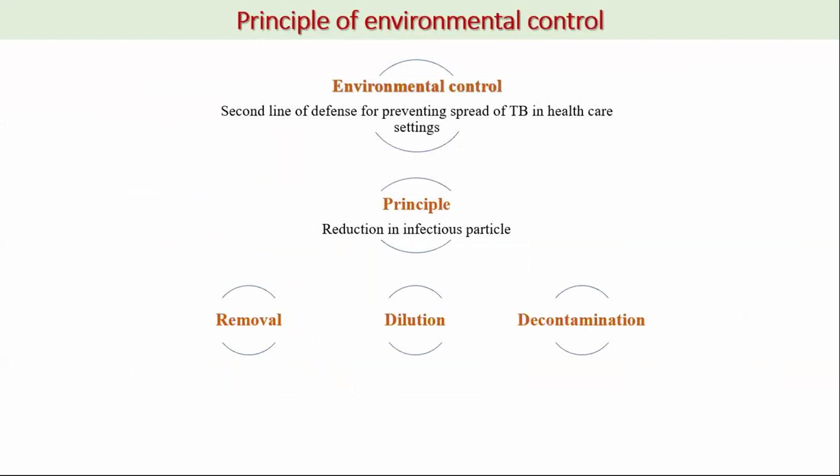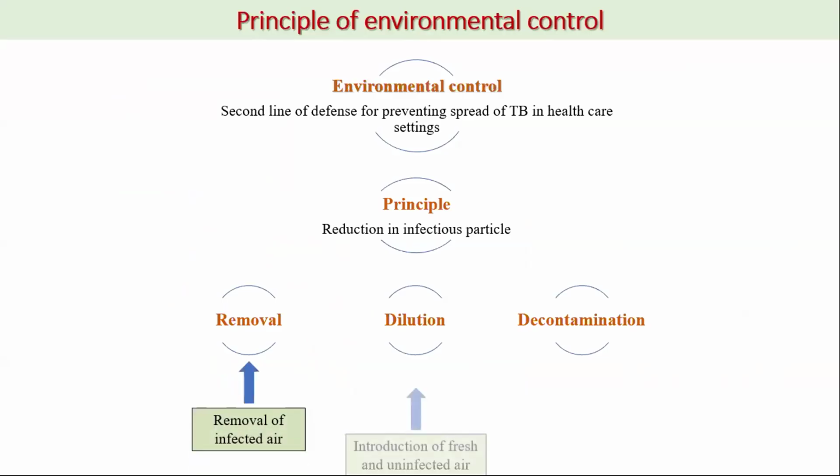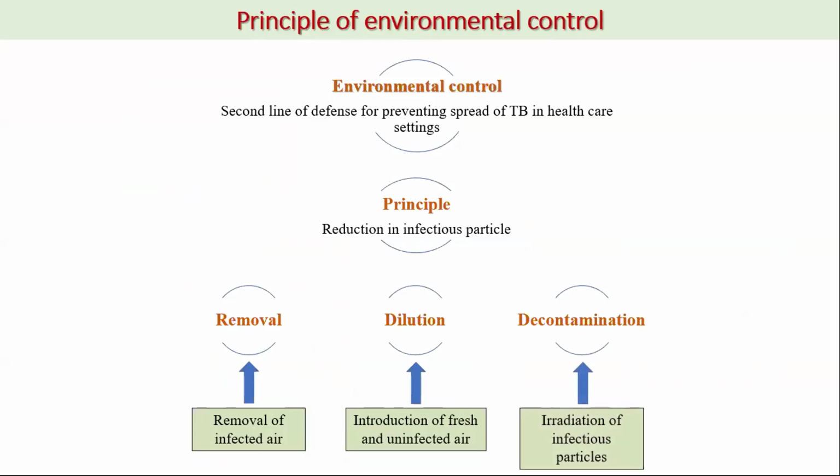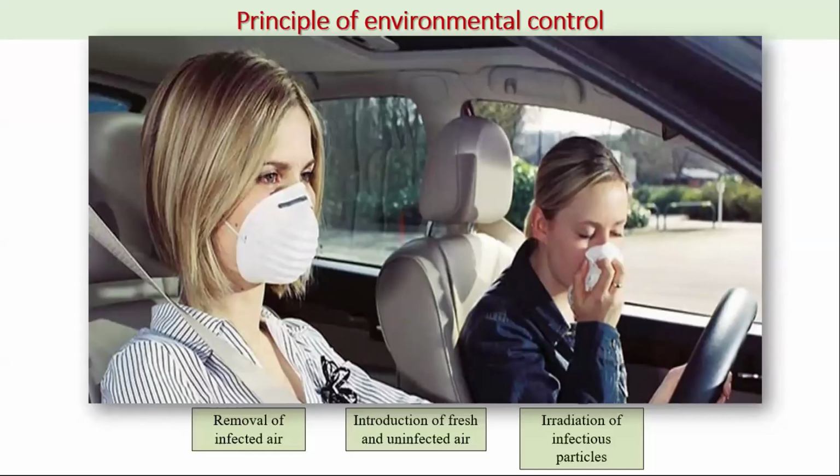सो जब हम इन्वायरमेंटल कंट्रोल में देखेंगे तो 3 प्रिंसिपल से हम इनको इंप्लीमेंट कर सकते हैं। So it works by 3 principles. द नंबर 1 इज रिमूवल। रिमूवल में हम क्या करते हैं कि इन्फेक्टेड एयर जो है, जो दूषित एयर है अंदर का, उसे हम बाहर फेंकते हैं। डाइल्यूशन मतलब जो फ्रेश एयर है बाहर से, उसे हम अंदर लाते हैं। और डिकंटामिनेशन। डिकंटामिनेशन मतलब कि जो भी इन्फेक्टेड ऑर्गेनिजम्स हैं उन्हें हम इरेडिएशन जैसे यूवी लाइट्स या फिल्टर्स से डिकंटामिनेट करते हैं एयर को। नेक्स्ट स्लाइड। सो इस तरह से हमारा इन्वायरमेंटल कंट्रोल काम करता है और ये बहुत ही इंपॉर्टेंट है। नेक्स्ट स्लाइड।